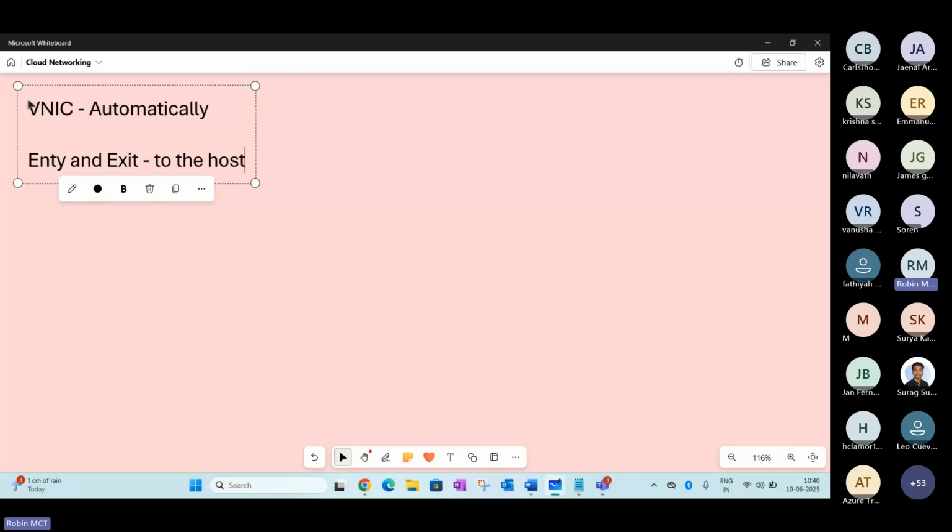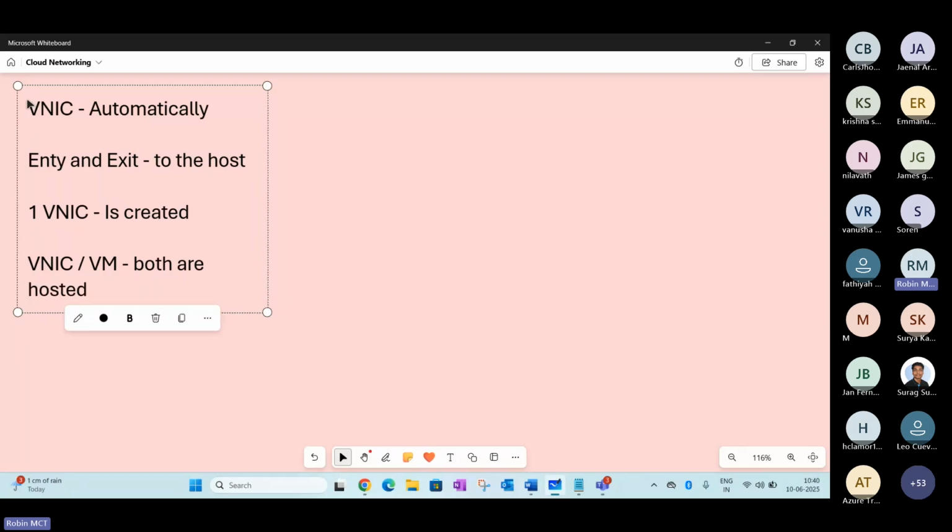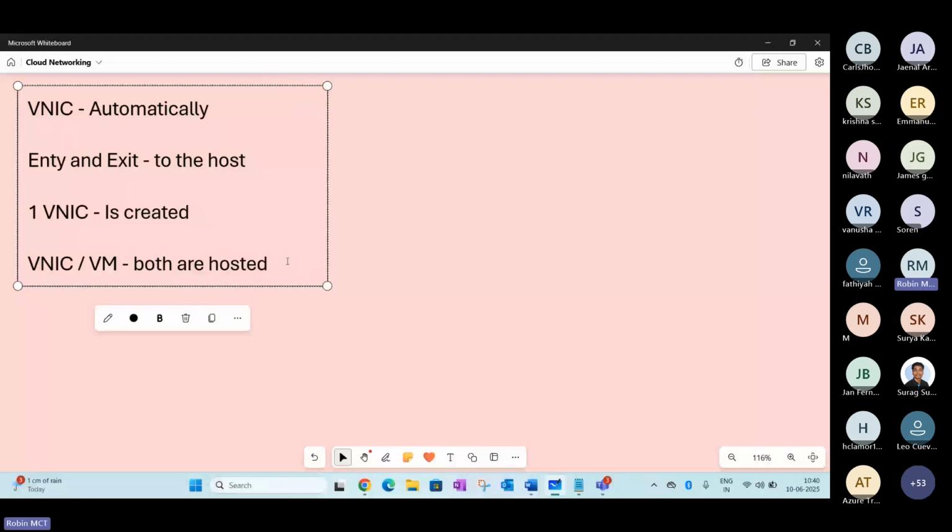You may notice that one NIC is created by default. Another point is that your vNIC and VM are both hosted in the same location. The moment you create a VM, your VM and the vNIC are both created in the same location.